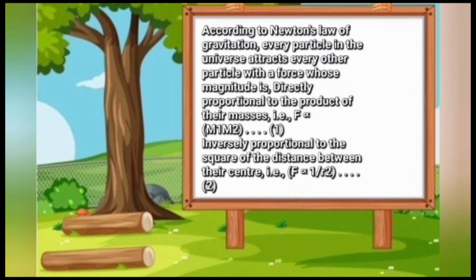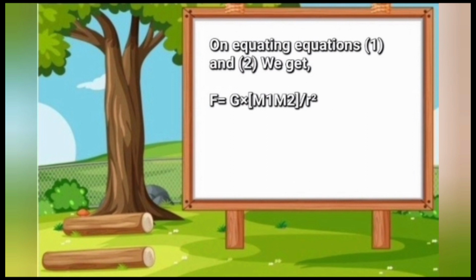According to Newton's law of gravitation, every particle in the universe attracts every other particle with a force whose magnitude is directly proportional to the product of their masses. That is, F is directly proportional to m1 m2. Let us take this as equation 1. It is inversely proportional to the square of the distance between their centers, that is, F is inversely proportional to r square. Let us take this as equation 2. Equating equation 1 and 2, we get F is equal to G m1 m2 by r square,